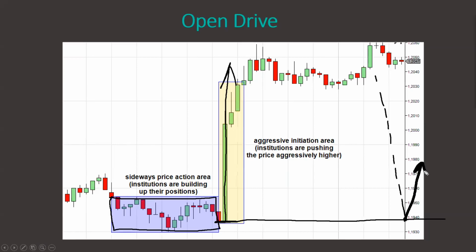Now, if you remember the first setup, which I showed you, based on the first setup, what you would do, you would identify a rotation and a trend starting from the rotation, and then you would take pullback to the border of the rotation. So in this case, this is the border of the rotation. So this would be the support. But if we talk about open drive, the support is in here. So what do we do?